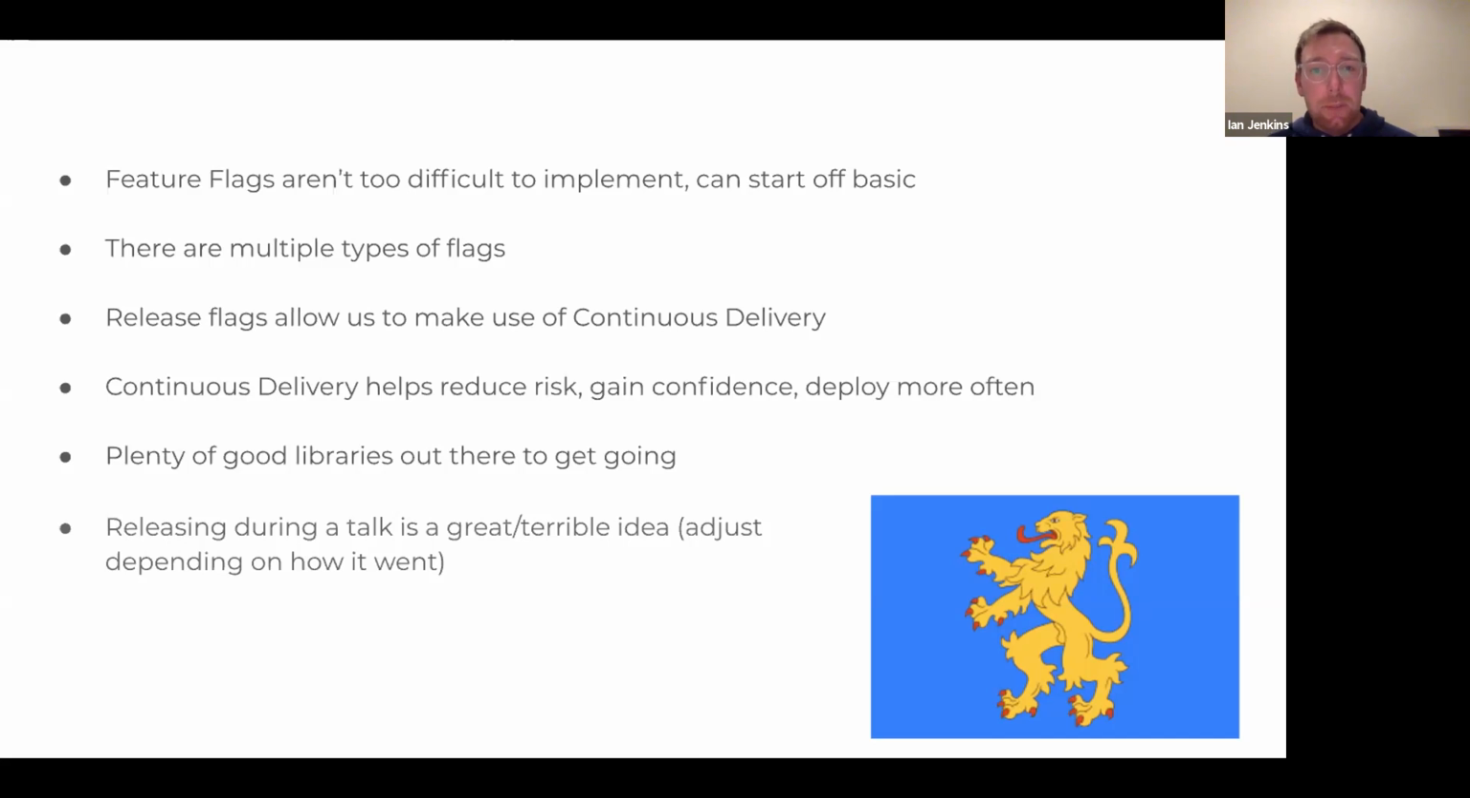Yeah, so feature flags are not too difficult to implement. You can start off really basic, like seriously, an if condition with a constant totally counts. There are multiple types of flags, which are really useful to know. They add an extra dimension to feature flags and allow you to think about them in a slightly different way, which is really neat. Release flags are really useful because they allow us to make use of continuous delivery. Continuous delivery is awesome, helps to reduce risk. It changes your mindset when you're developing software, it makes you think in a different way, which is really good. And it really reduces deployment pain,